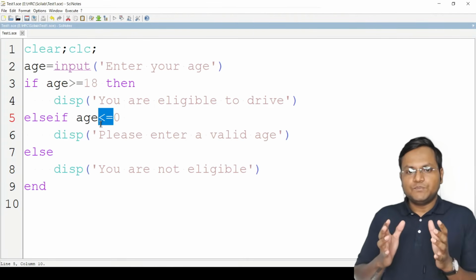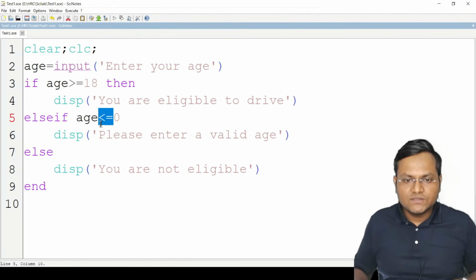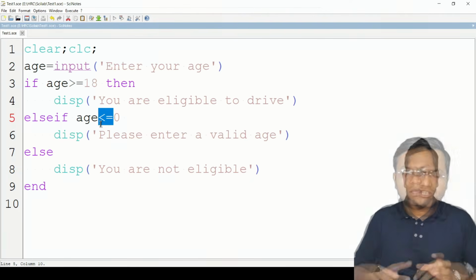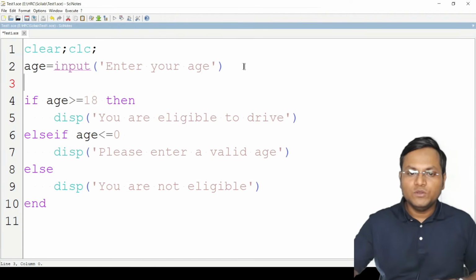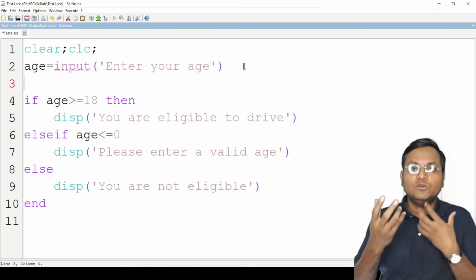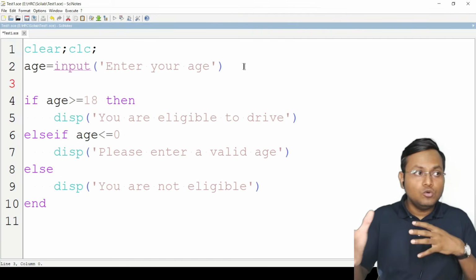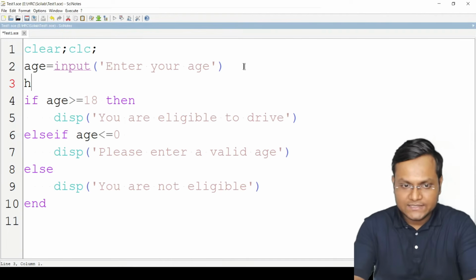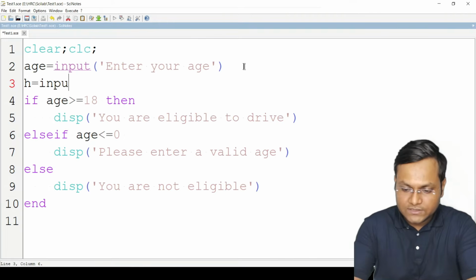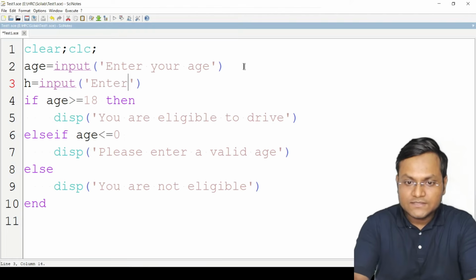Now, sometimes you want to combine multiple statements. It's not enough to just have one condition. You want to combine multiple conditions. How do you do that? So for example, if I want to write a program which not only tells me if I'm eligible to drive, it's also going to tell me if I'm eligible to apply to the army, let's suppose. So it's going to ask me for my height, h. So let's suppose h is input your height in feet. Enter your height in feet,